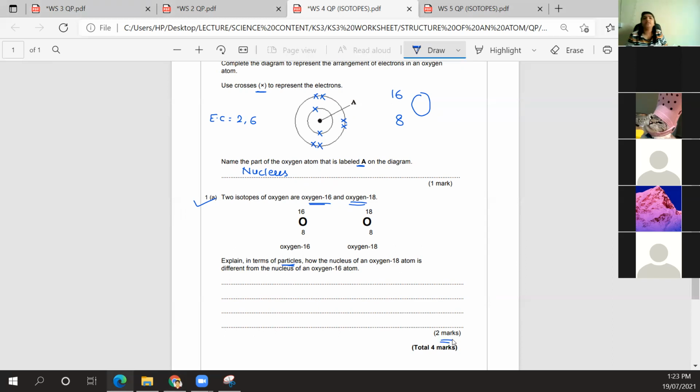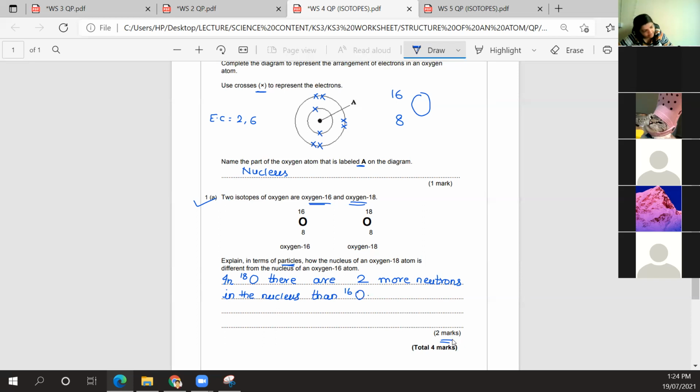If it's a 2-mark question, and if we write that there are more neutrons in oxygen 18 than in oxygen 16, then it will be 1 mark only, because we need to specify how many more. Okay, that's very, very important. So we have to write that in oxygen 18 there are 2 more neutrons in the nucleus than